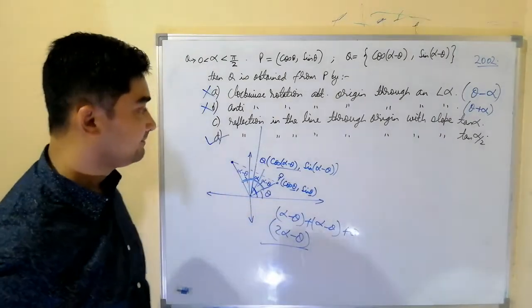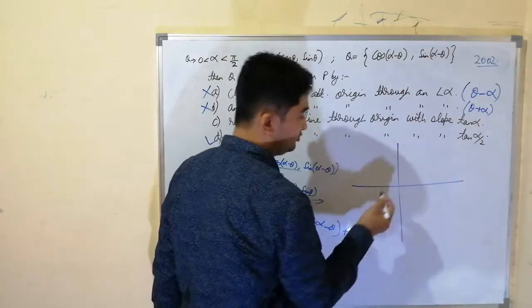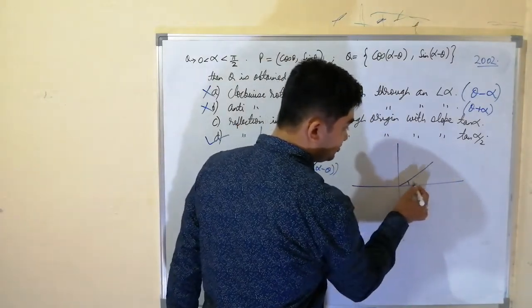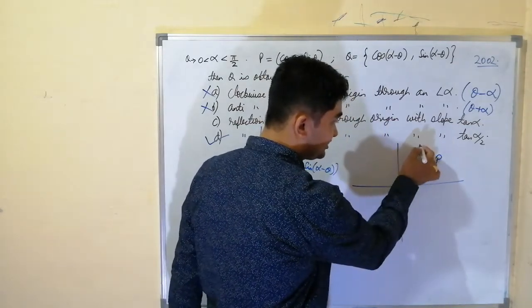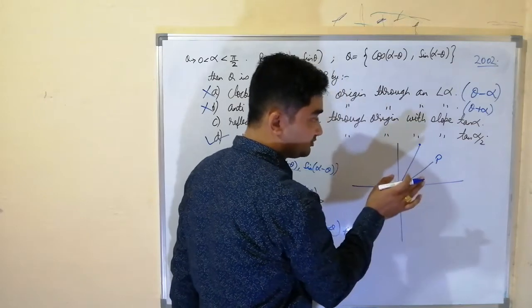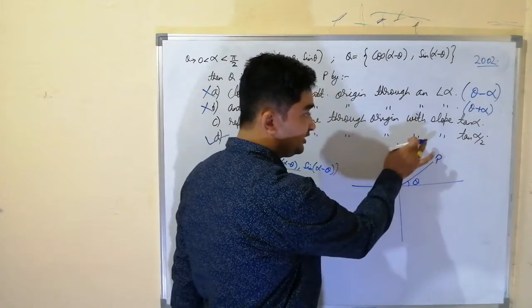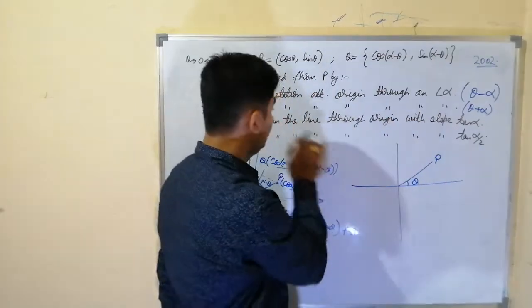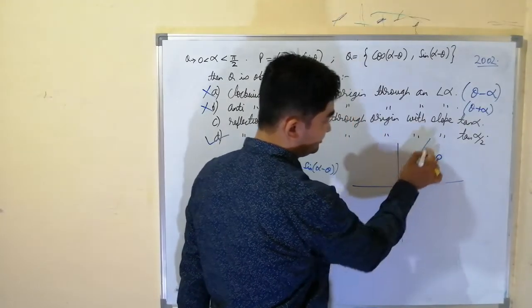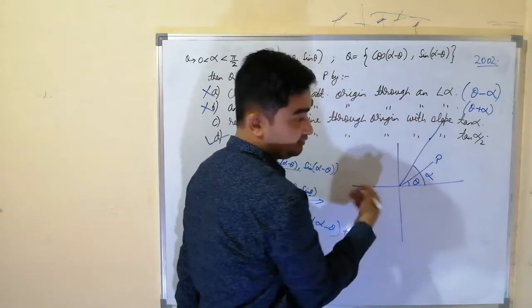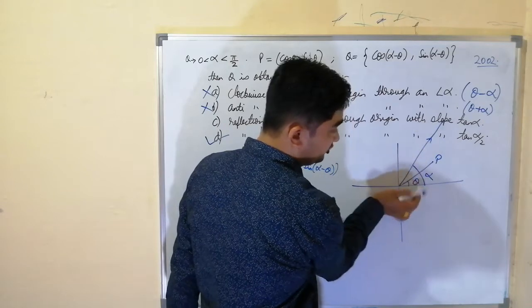We'll do it again. It is actually very easy. One time more I can draw it for you. This was angle theta, which represents point P. Don't draw Q because it will complicate things. Only on P operate the operation which is given in option C. In option C they have given a line with slope alpha. So this angle is alpha. This is the line about which we will reflect. Now take the reflection of P along this line which has slope alpha.